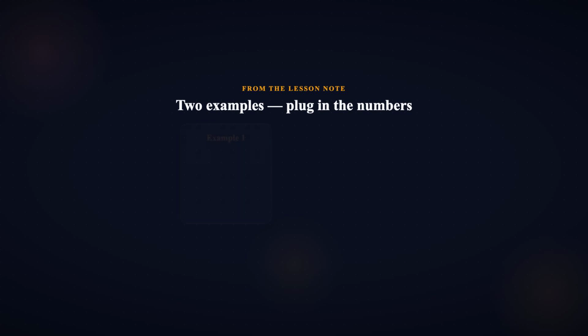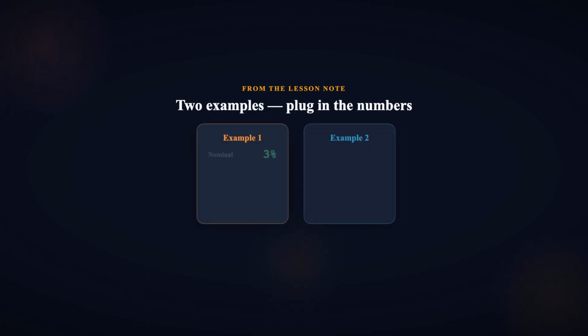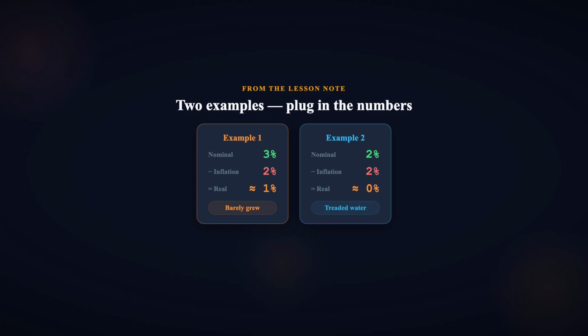Let us plug in the numbers. 2 examples side by side so the pattern sticks. Example 1. Your bank pays a nominal rate of 3% per year. Inflation over the same period is 2%. Apply Fisher. 3 minus 2 equals roughly 1% real. Your purchasing power grew, but barely. 1% real means your savings can buy about 1% more stuff at the end of the year than at the